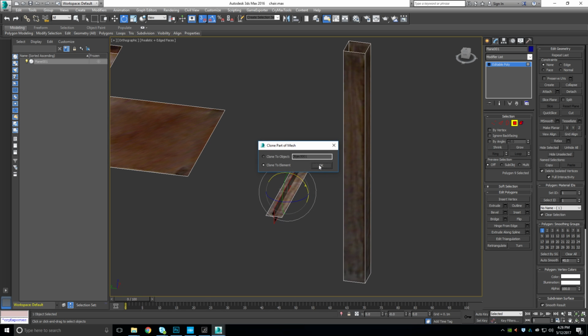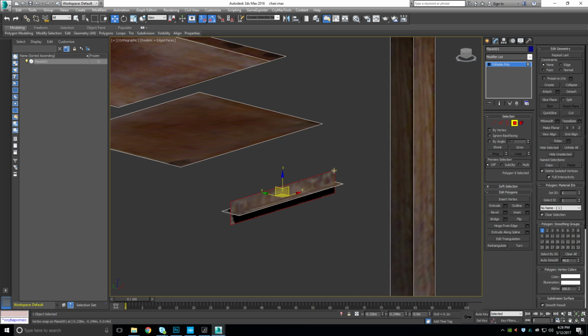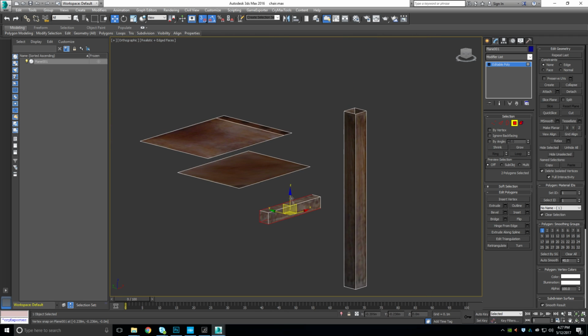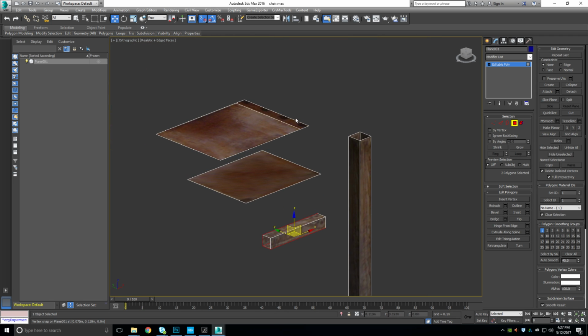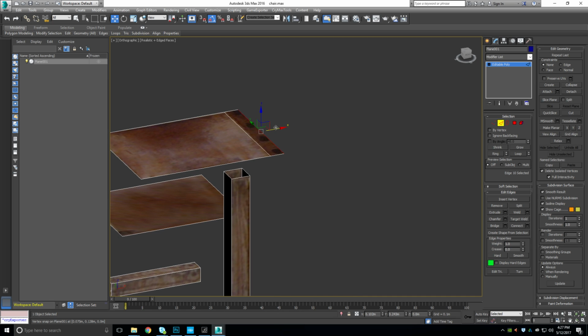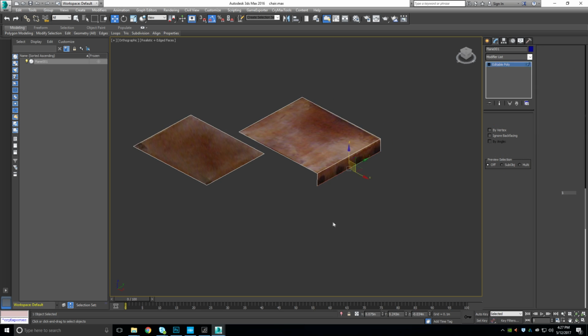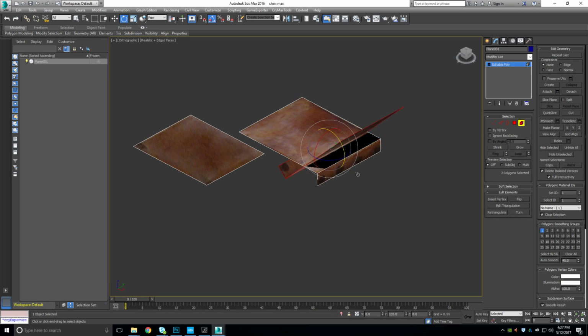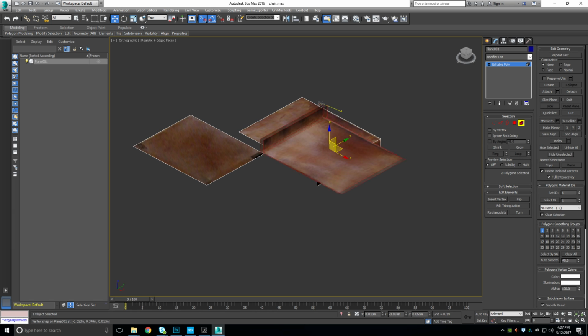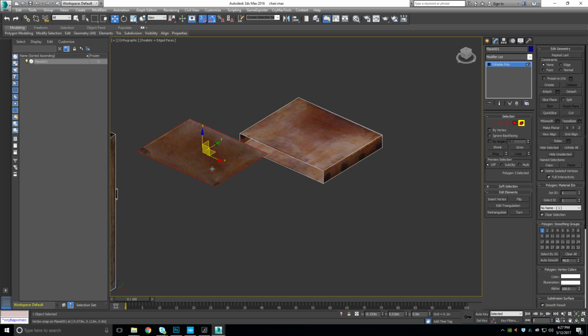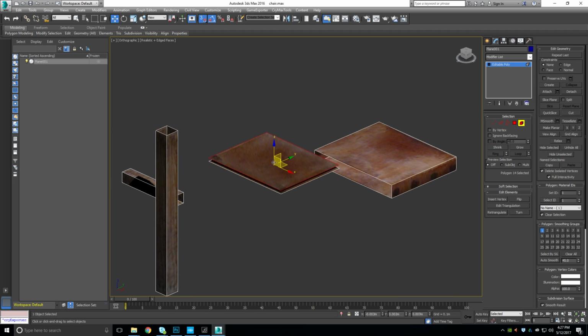Go 90 and go 90, and of course we need to weld all the vertices, but since we don't want to do that too often, we're just gonna do it towards the end. Okay, this one was from the top, so we're gonna put this around. And also just quickly turn, snap it here, we got that, and this one we'll also just duplicate,